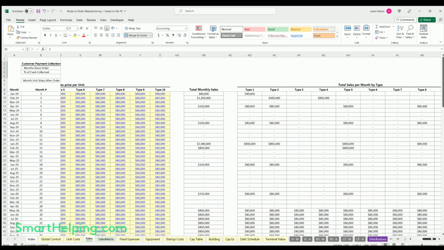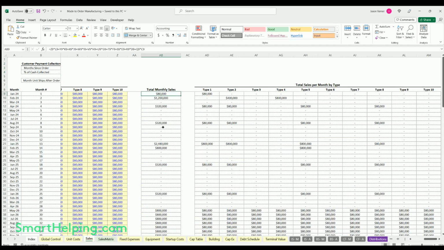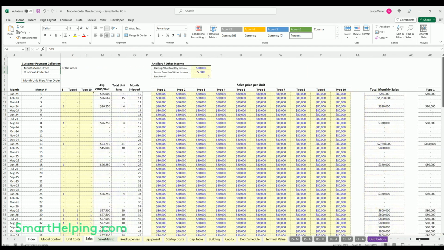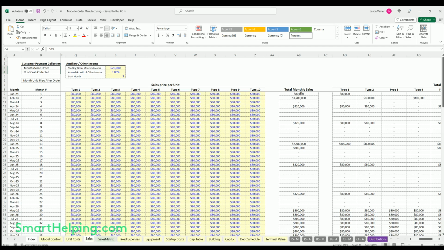Then there's just some summaries here for total sales by month, total monthly sales. And again, that really doesn't flow anywhere because if we're on accrual, we're not recognizing sales until it's shipped. If we're on cash basis, we're just recognizing it when we collect the cash. So this is actually not going to flow anywhere, but it's just a summary of what's happening each month